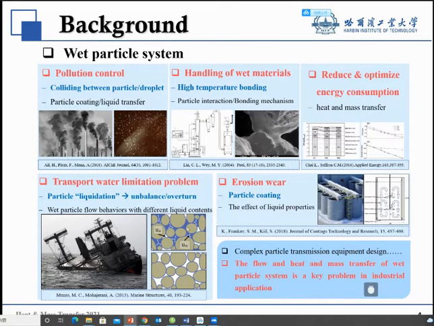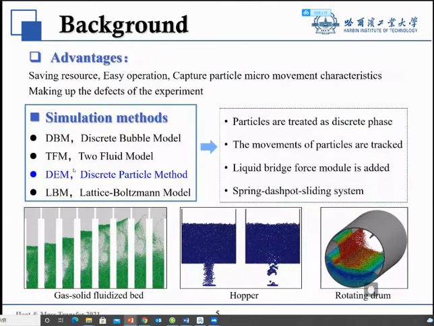So that's why I introduced the wet particle system, because the flow and heat mass transfer of the wet particle system is a key problem in industrial application. On the next page, I will introduce the method I will use in this work. For this work, I investigate the flow and heat mass transfer behaviors by simulation. For the simulation method, the advantages are saving costs, easy operation, and we can capture particle movement